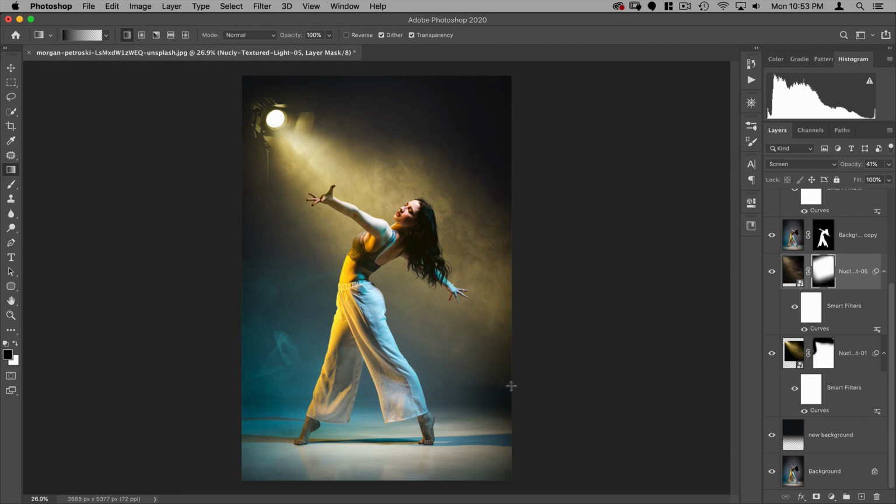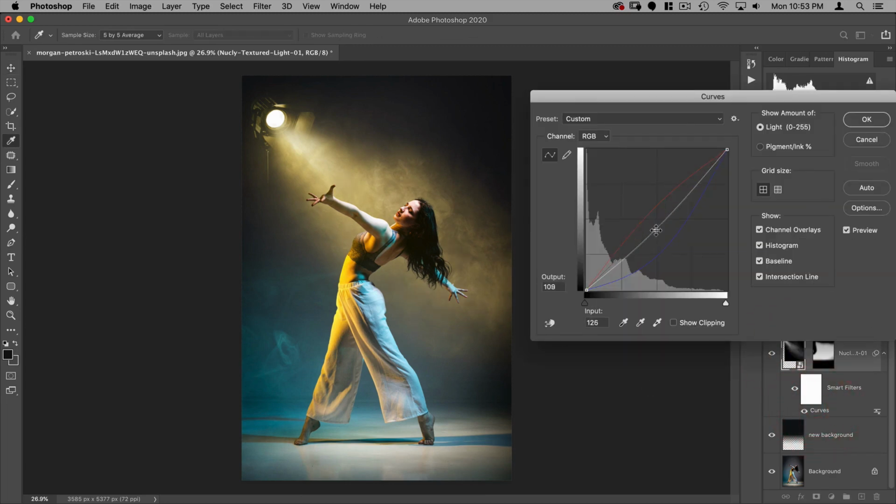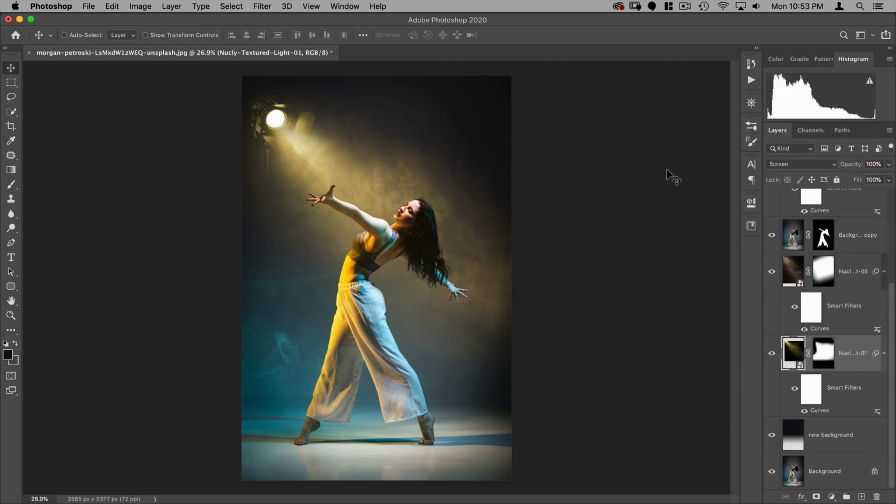And I just noticed we are seeing a little bit of an edge there, so I'm going to go on this mask for this guy here, just add a little gradient there at the bottom, just like that. And I'm also going to adjust the curve on this, make it just a little darker here, so we have a little more texture in that light. And I'm pretty happy with that.